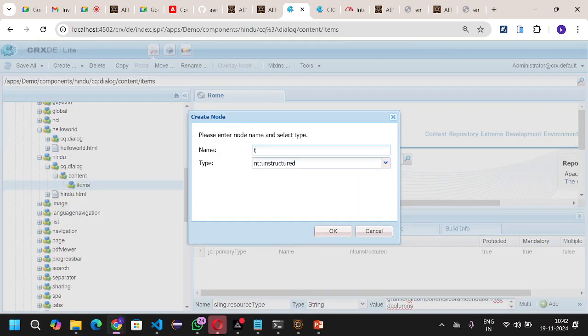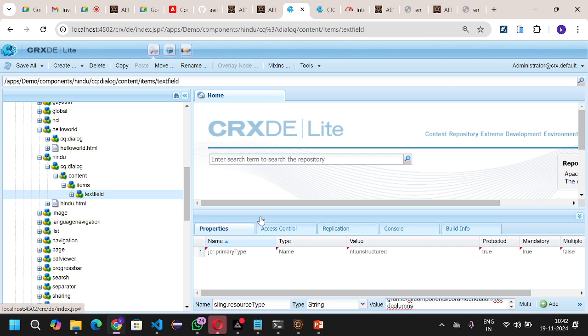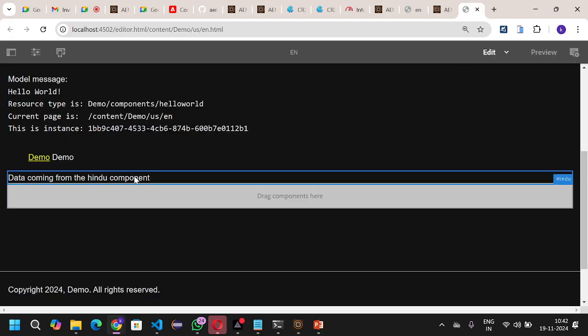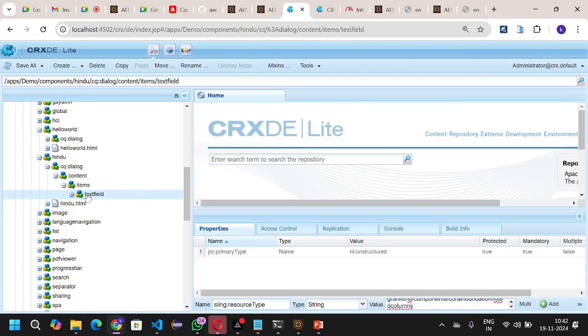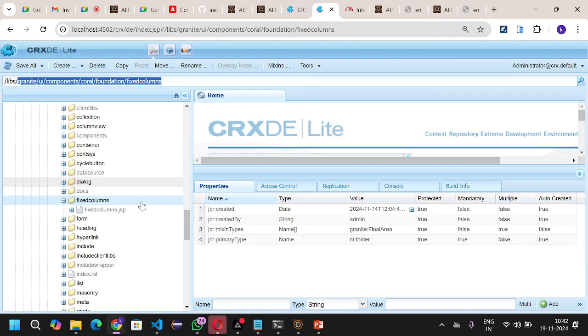Here I would like to take some text field, and then click on OK. When I click on that, the same dialog will come. This is the normal node. Now I need to map this normal node with a predefined component. You can go with the predefined one, fixed columns. In that we have the option